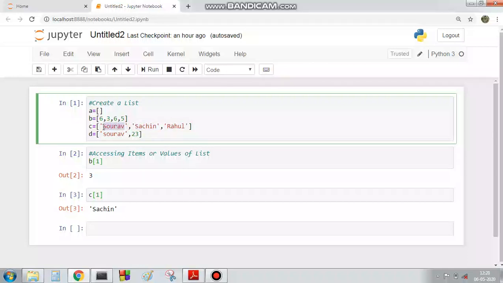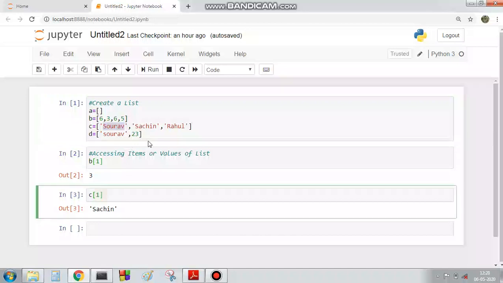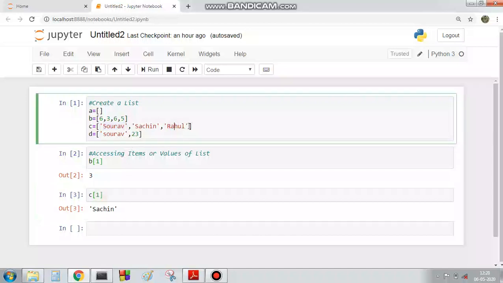Let's take an example of this. So we already know that in forward mode Sachin has index value 1. Similarly, for reverse mode, the index starts from the end of the list, that means the end value is Rahul and the index value is -1.